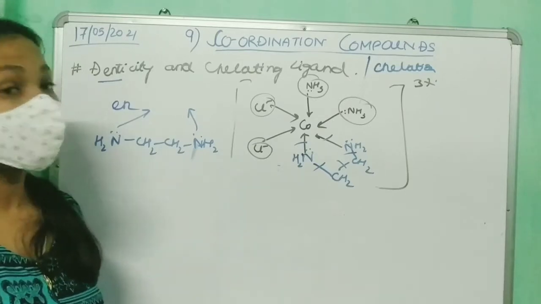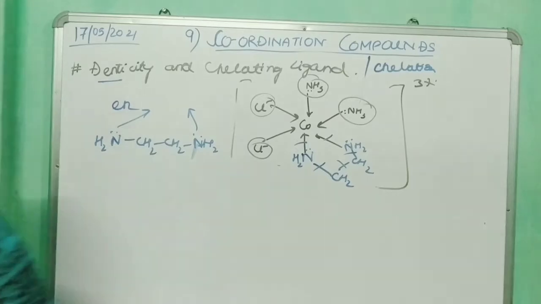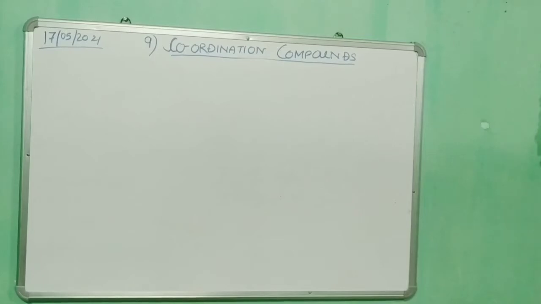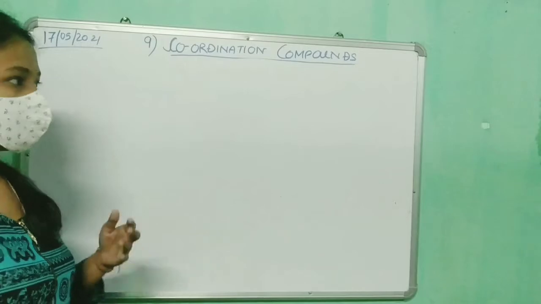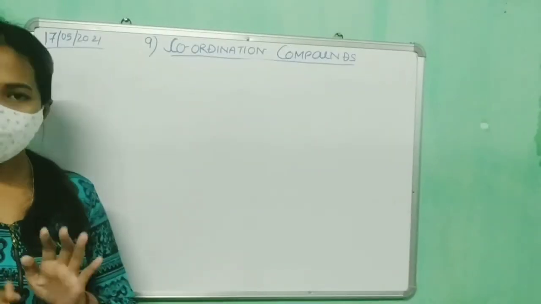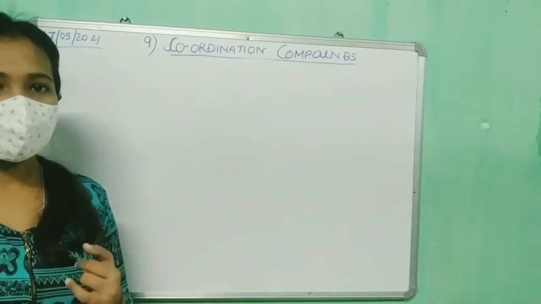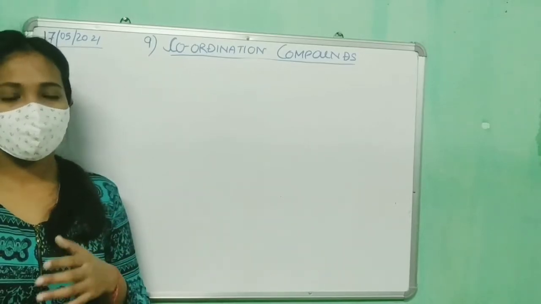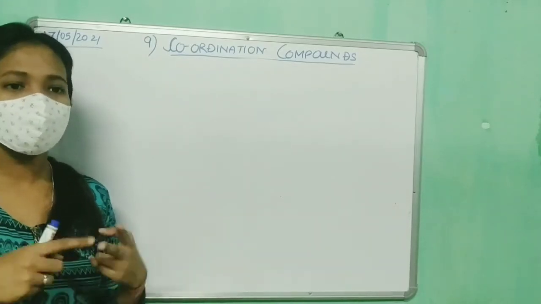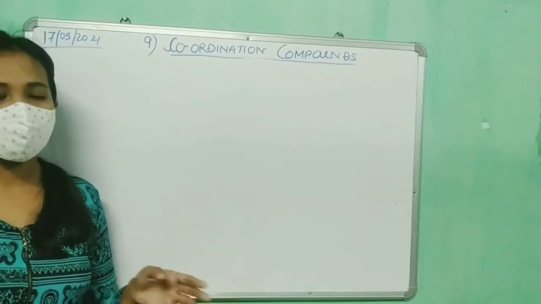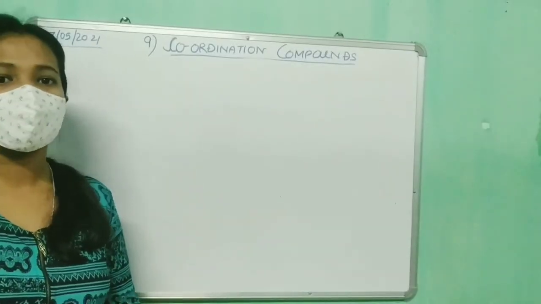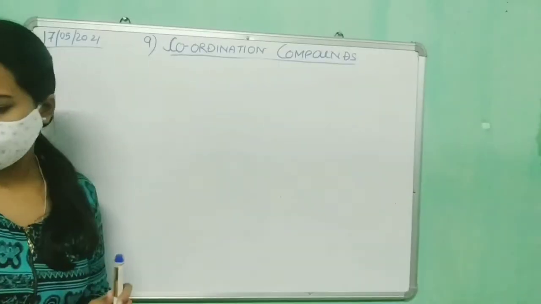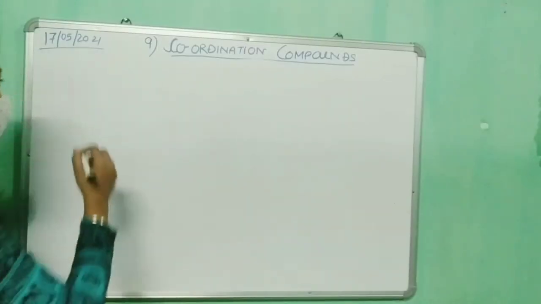Before that we'll discuss hexadentate ligand, right? Just now we have discussed the bidentate ligands. Bidentate means the donor atoms present are 2 in number. Similarly, tridentate means there have to be 3 donor atoms present in the ligand that will donate to the central metal ion. Similarly, tetradentate, like that. So now we are going to discuss the hexadentate ligand, right?